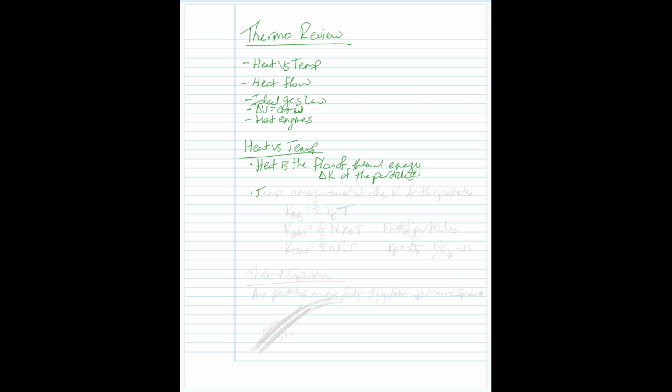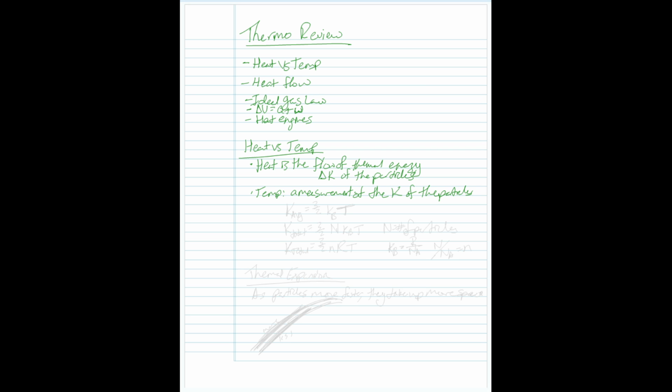Temperature, on the other hand, is a measurement of the kinetic energy of the particles. So heat tells you how the energy is changing in your system, whereas temperature just describes the kinetic energy of